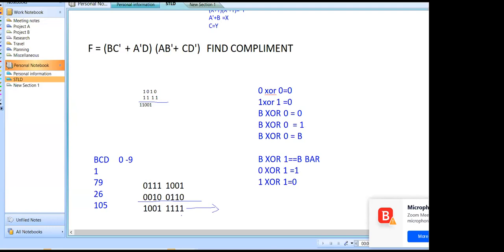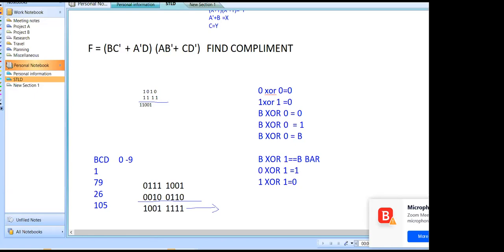Therefore, the correction of 6 must be added. As many symbols as are unused, we need to add that many. That is, we need to use the correction of 6. For this I am adding 0110. A correction number is added.